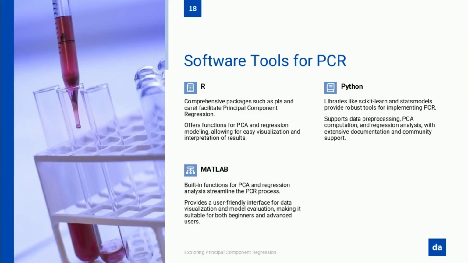Implementing principal component regression, PCR, efficiently requires the right tools, and modern statistical software provides multiple options for performing PCR seamlessly. Whether using Python, R, or MATLAB, each platform offers specialized libraries and functions that streamline the process of standardizing data, computing principal components, and fitting regression models. The choice of software often depends on the user's familiarity, the specific requirements of the analysis, and the available computational